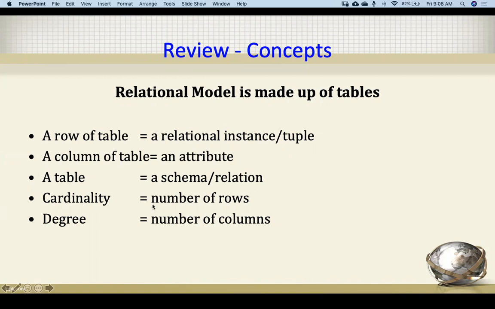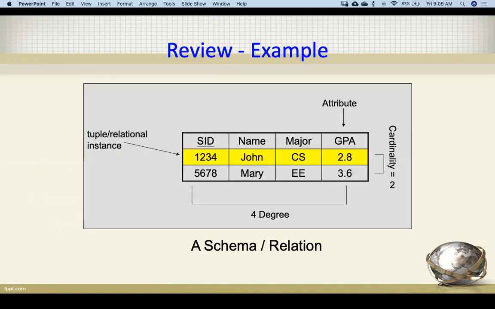Then we have cardinality, meaning the number of rows, how many rows are there in one table. Let's say we have 10 rows, 20 rows, 100 rows, 200 rows. So how many entries are there in the table? That is nothing but your cardinality. Then there is the degree, which is the number of columns. So how many columns are there? This is called degree. Okay. So all these are useful in this particular topic. That's why we are learning all those things.